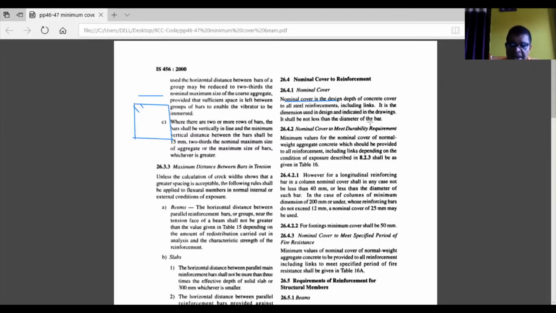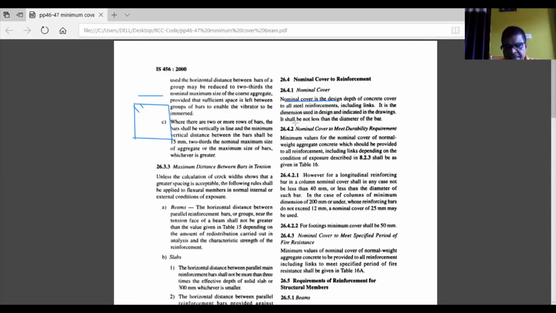You can find it in the design notes. There are some notes on the right hand side of the drawings, where you find the grade of concrete to be used for the construction, the grade of steel to be used, and the cover to reinforcement for beam, slab, column and footing, written on the drawings itself.